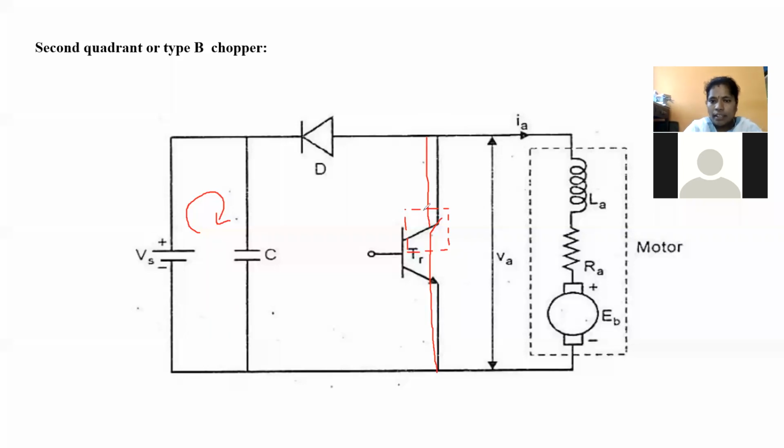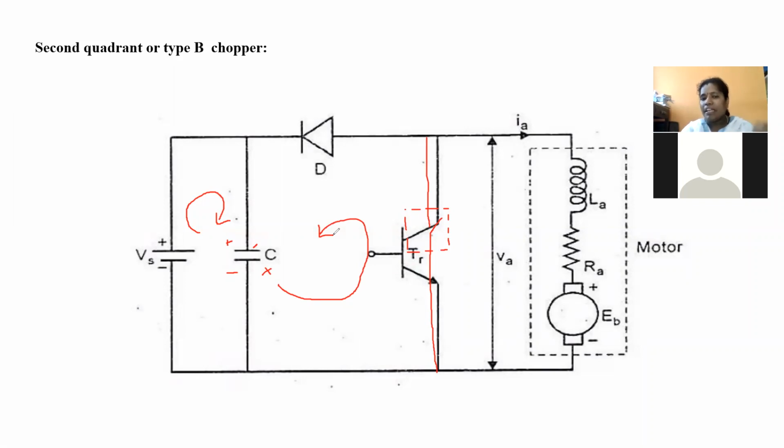Okay, listen. In order to turn on this chopper circuit, you have two methods. First one is, during the charging condition, the capacitor polarities must exist like this. Whenever the capacitor is discharged, the polarities exist like this. So with the help of the discharging of the capacitor, you can turn on the chopper, and the current flowing path must be like this. In this way, by using the capacitor, you can turn on the chopper.